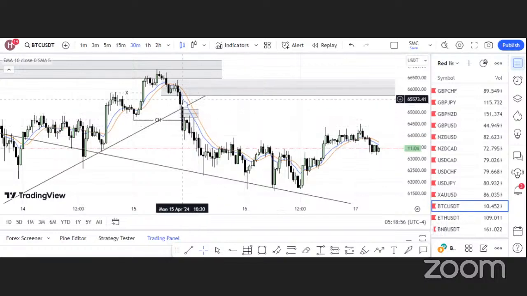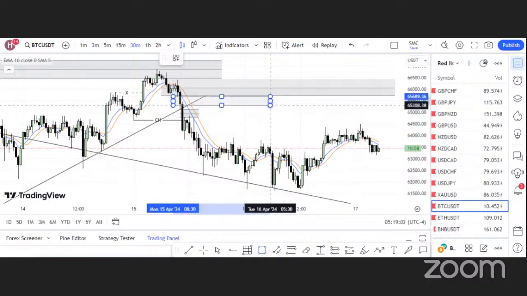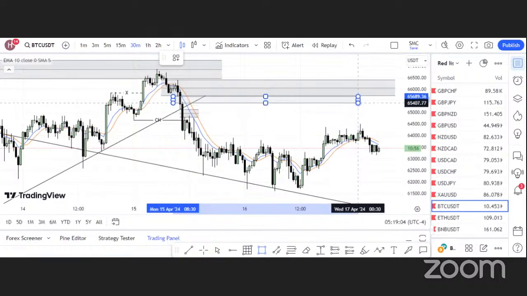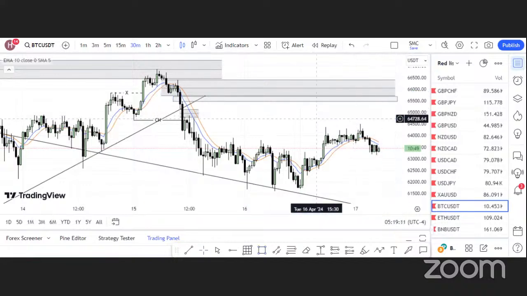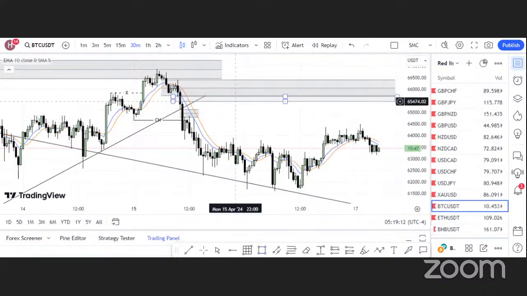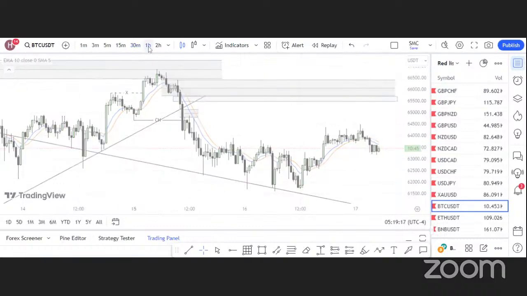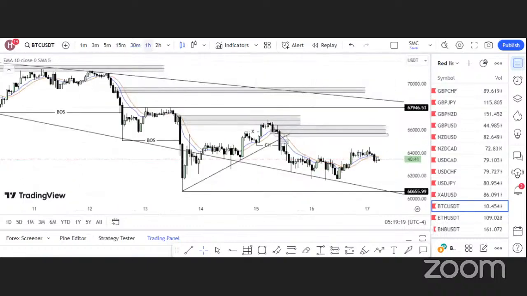So this is the area where we have a fair value gap, and then we have another block right above it. All right, so these are our points of interest. Now, on the 1 hour time frame,